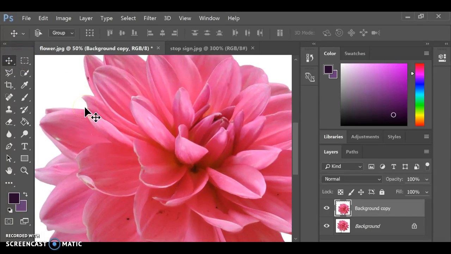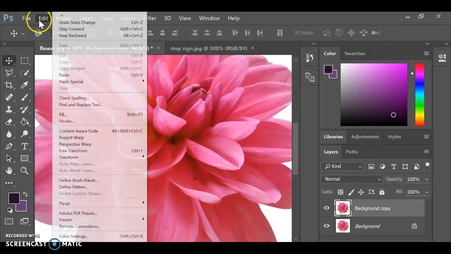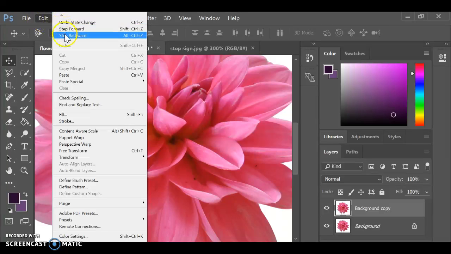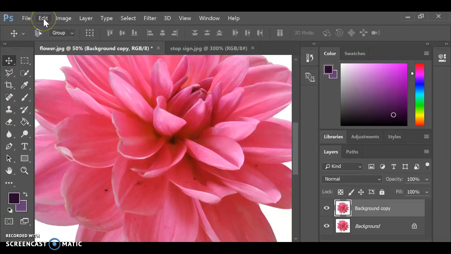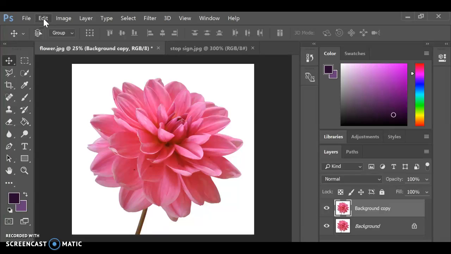Then of course the move tool, you can move your image around just a little bit like that. Okay, and of course my favorite is Control Alt Z, which undoes the last step. You can also do just edit step backward. Okay, but that's like the undo button to get rid of whatever you've done. So I'm going to zoom out just a little bit so I can see my overall flower. So the quick selection tool,